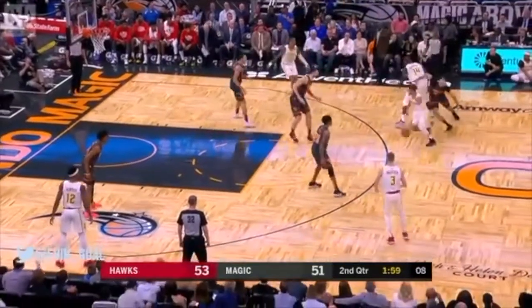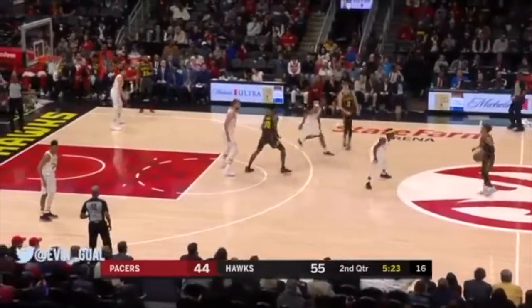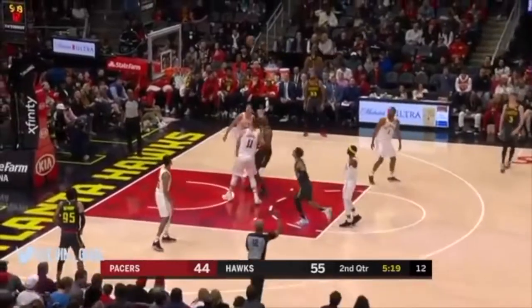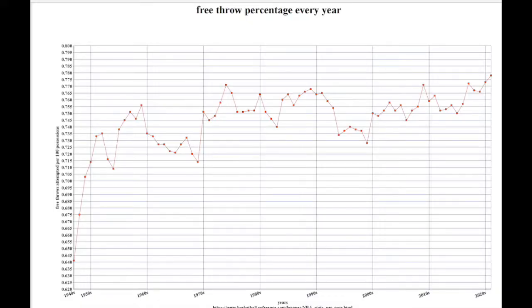Why were NBA fans saying that there were too many free throw attempts, way more free throw attempts than usual, when in reality, there seemed to be less than ever? This chart shows free throw percentage for every year since the NBA began